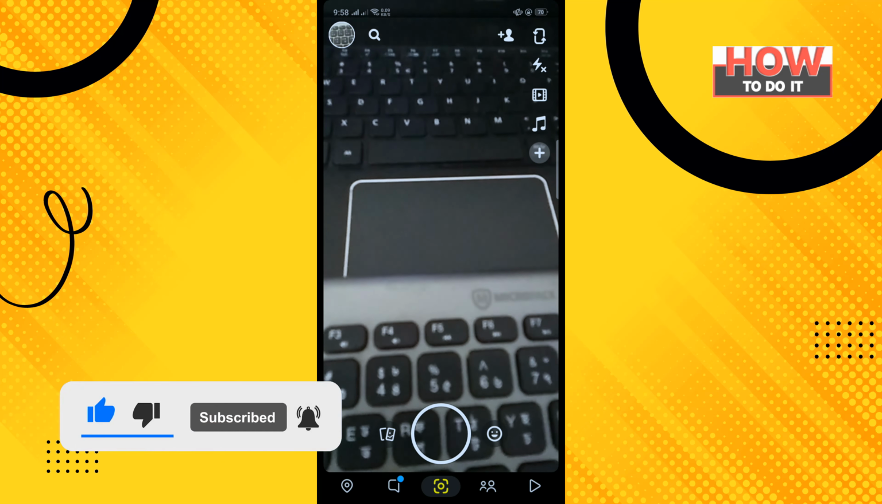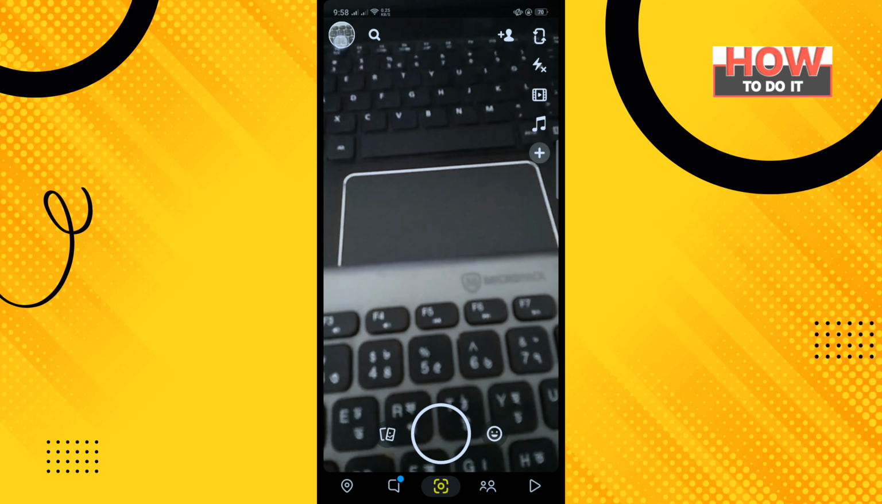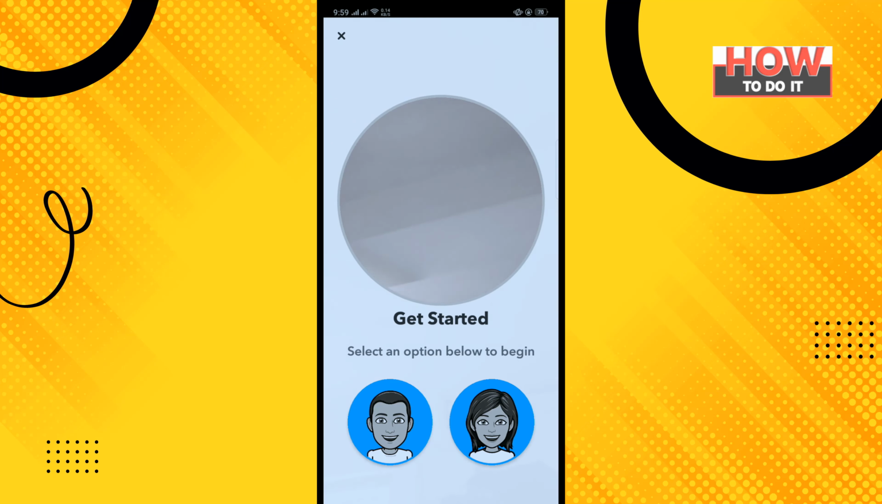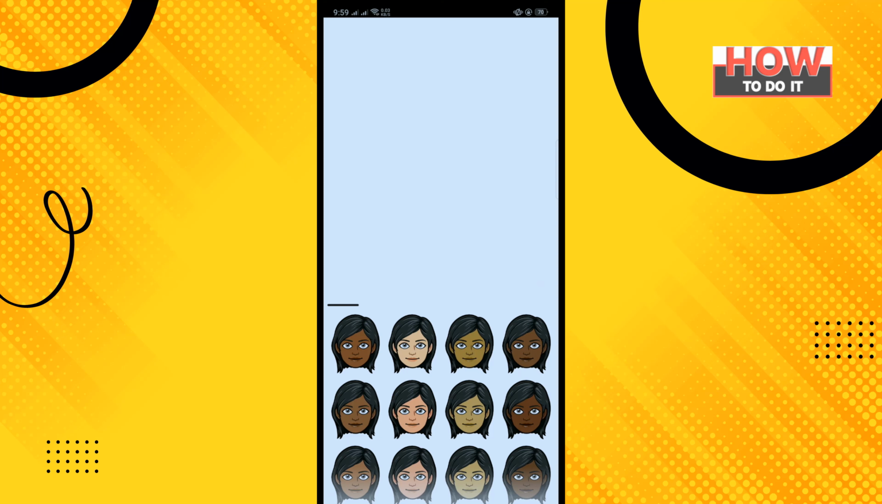How to do it: so open your Snapchat app and tap on your profile icon to the top left corner and tap on create my avatar, and you can scan your face here, or you can manually select your gender and select here your skin tone